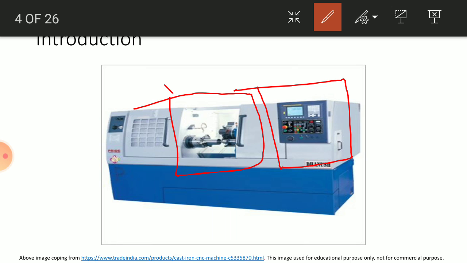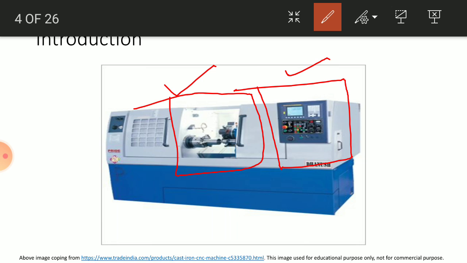This is the actual room where you perform the operation, and this is the actual computer where you give the command for the specific manufacturing process.